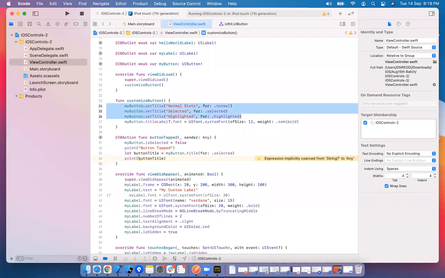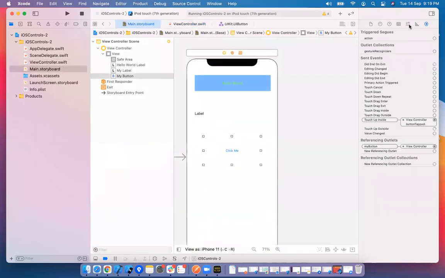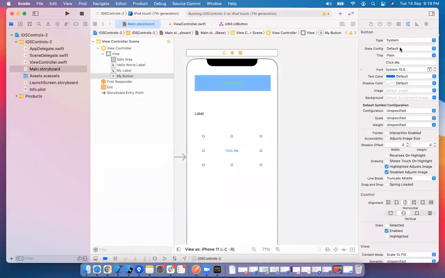First, I'll set these things. I'm just commenting here and going to the storyboard. For the Click Me button, go to the property inspector. Here there is a state. The default state is normal. Normal means normal state. For the highlighted state, I'm setting